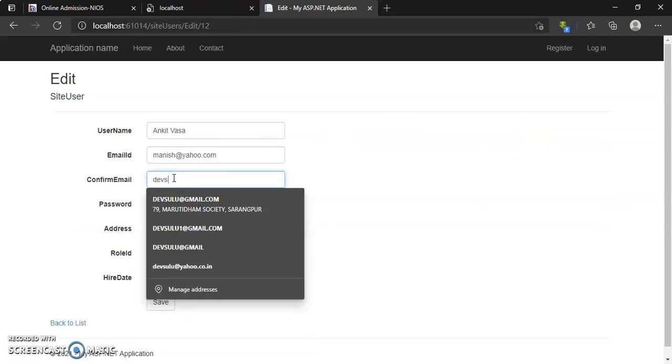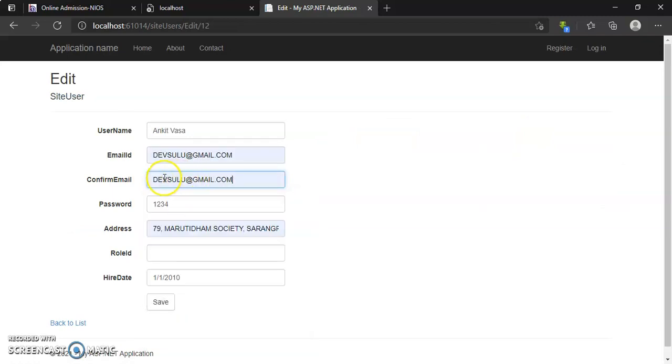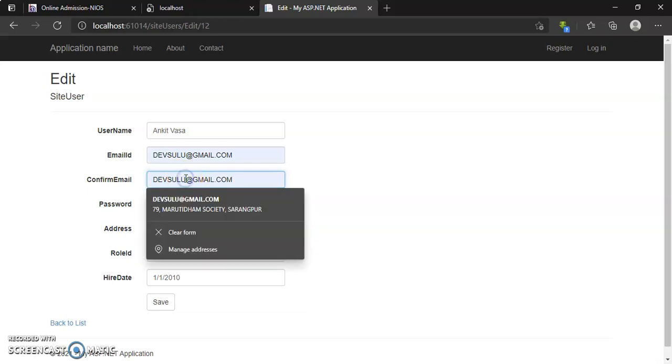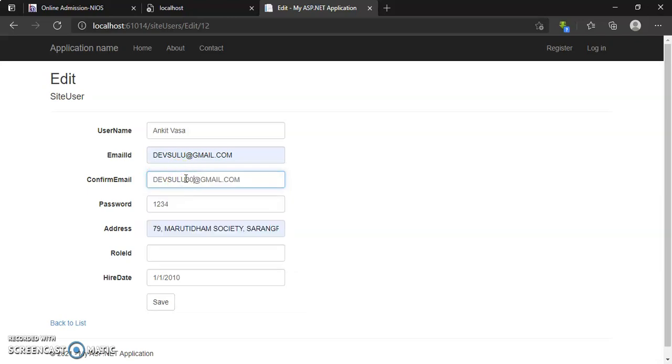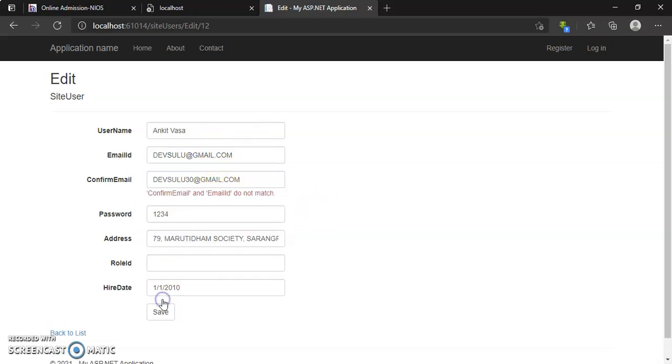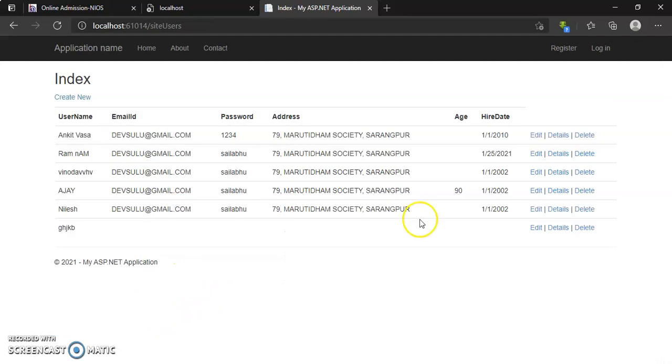I am putting this different one and a different one here, so both are different. When I click on save, it will give us an error. If they are similar, then it will save the data.